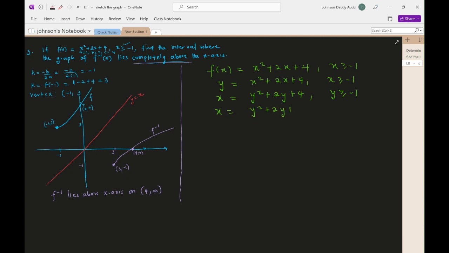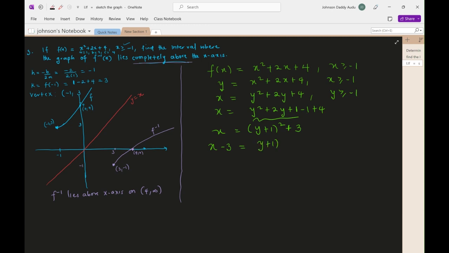This is y squared plus 2y plus 1 minus 1 plus 4, just completing the square with half of the coefficient of 2. So these terms will give us (y plus 1) squared. Then you have minus 1 plus 4, which is plus 3. Then this is x minus 3